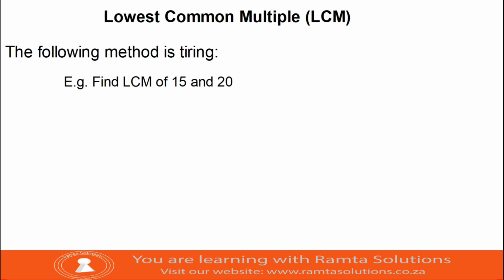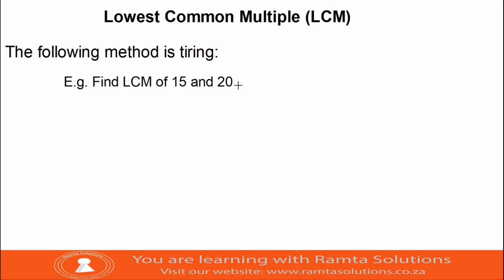Today we will be looking at how to find your lowest common multiple. Our opening instruction is that the following method is tiring. I'm going to show you the method now. When you want to find the lowest common multiple of 15 and 20,